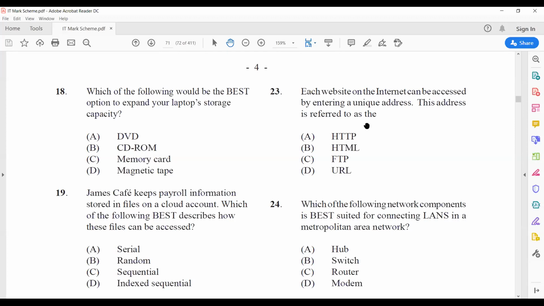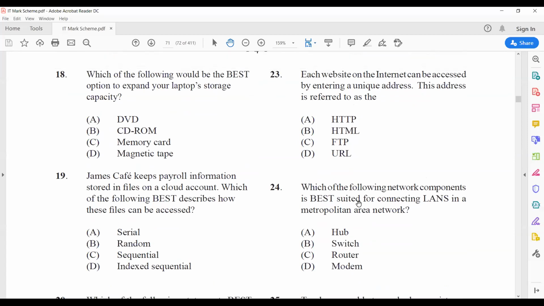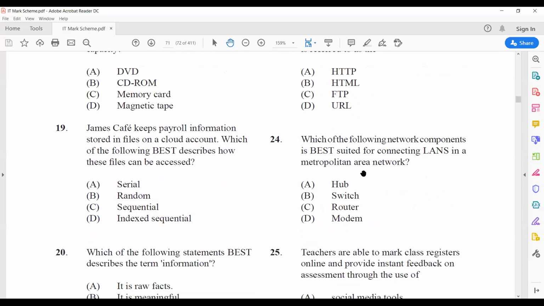URL is uniform resource locator, right? Remember, be familiar with acronyms also. So can you repeat what URL is again, please? Uniform resource locator. Right? Uniform resource locator. All right. Let's move on to